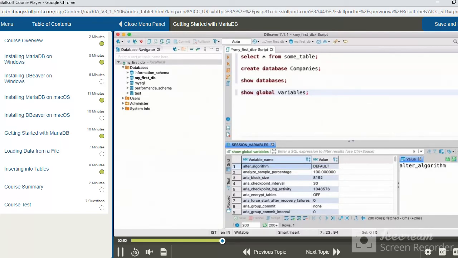Most of these variables really matter only to power users. For our purposes right now, the defaults are going to work just fine. But even so, you should be aware that these global variables can be used to control a lot of fine-grained aspects of how DBeaver